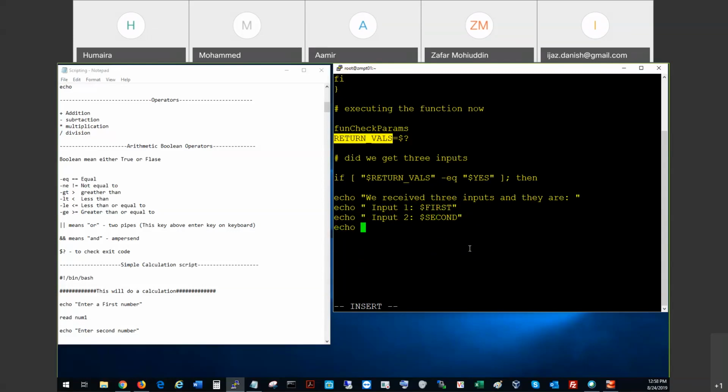Echo input 3, dollar third. So I'm going to echo this, and I'm going to say there is an else statement. Else echo